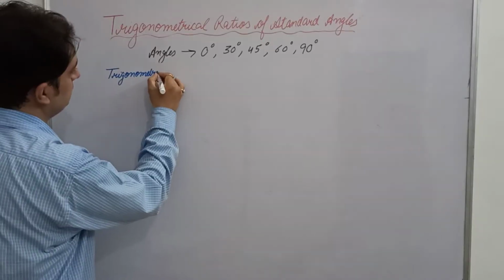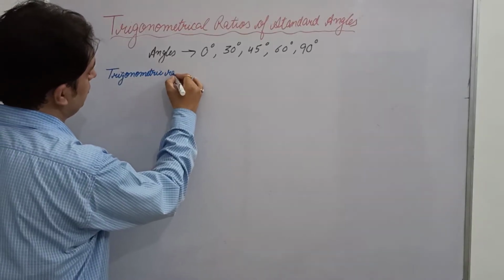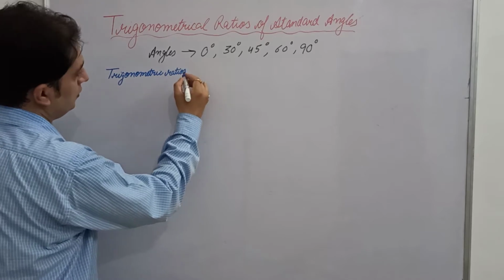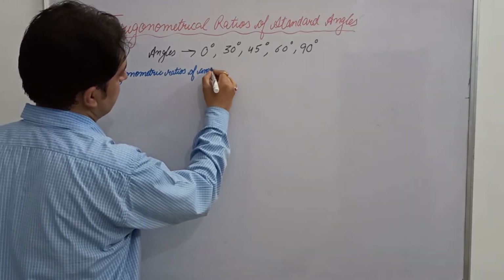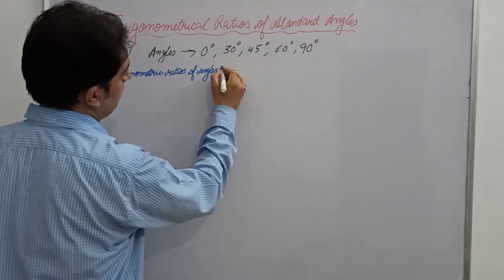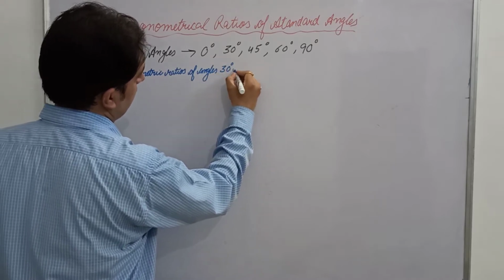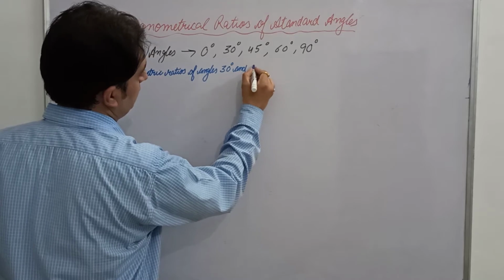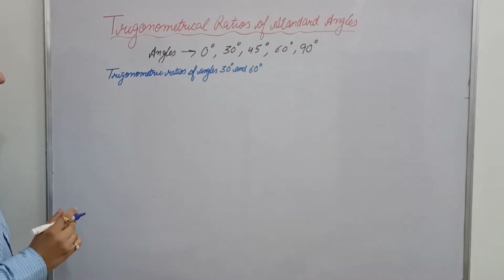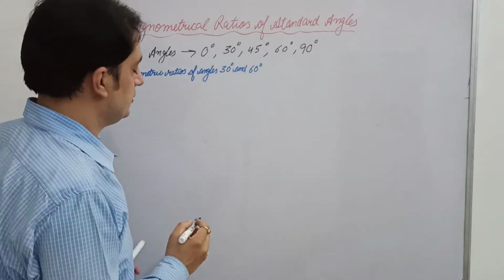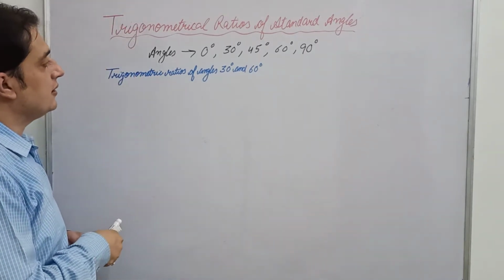Trigonometric ratios of standard angles. First we take 30 degree and 60 degree, so we will find the T ratios of these angles. So for these angles,